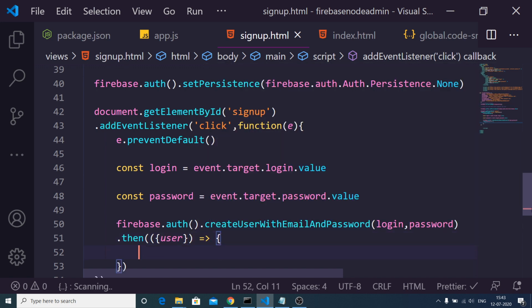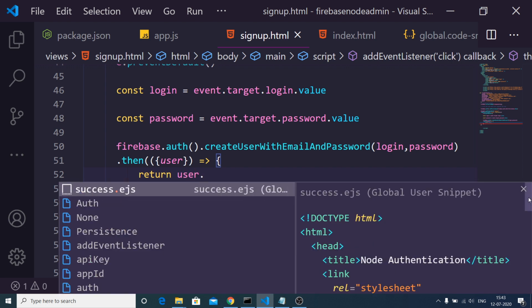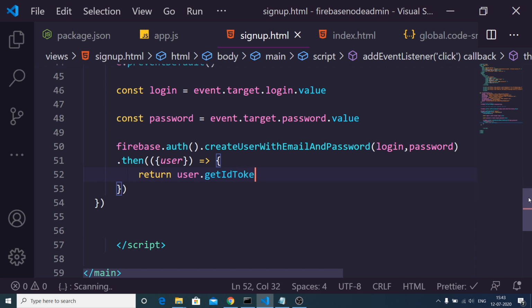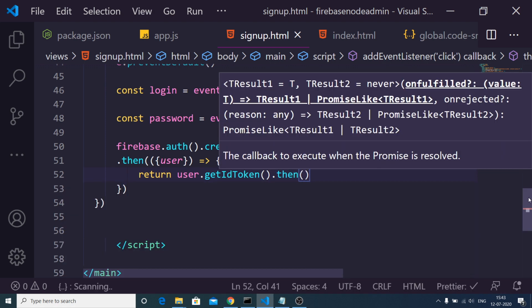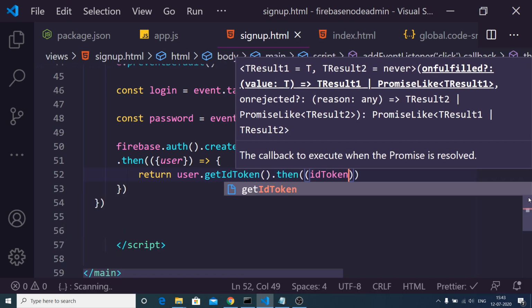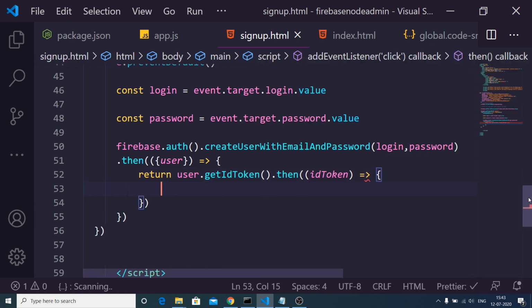This will be an arrow function. Now to get the details associated with this user, we will return first of all, and we will get the user ID token by user.getIdToken. This will get the user ID token, and again this returns a promise, and inside this we will get our ID token. This will again be an arrow function, and inside this, guys,